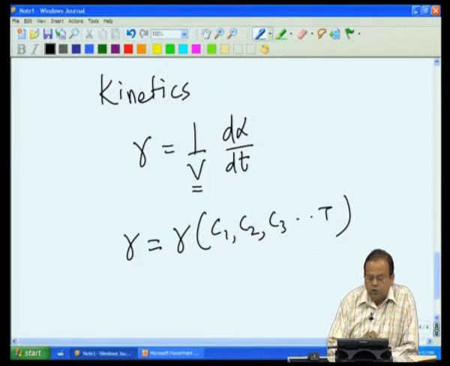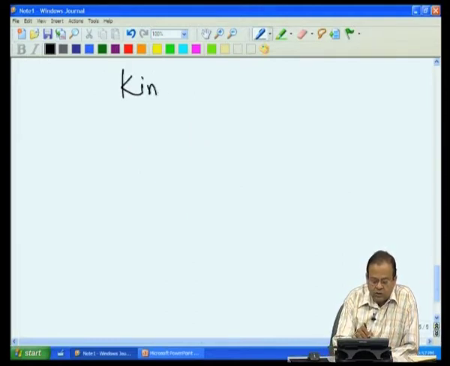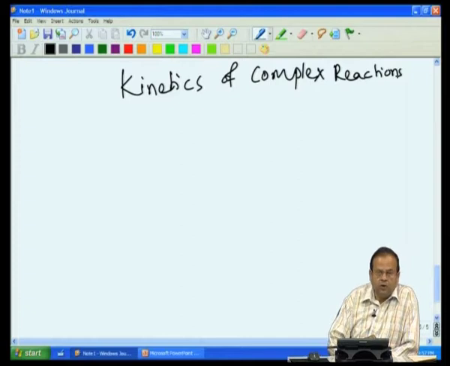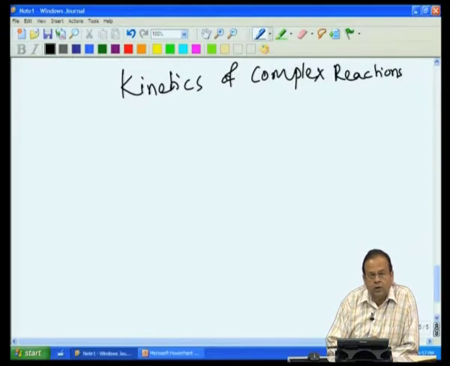We then turned our attention to kinetics of complex reactions. Because in real life reactions hardly ever display simple behavior, reactions are complex, and there are several reasons why reactions can be complex. For example, there can be a large number of reactions and reactants. There can be a number of steps through which the reaction proceeds before we get our desired product, and all these contribute to kinetics and reactions being complex.